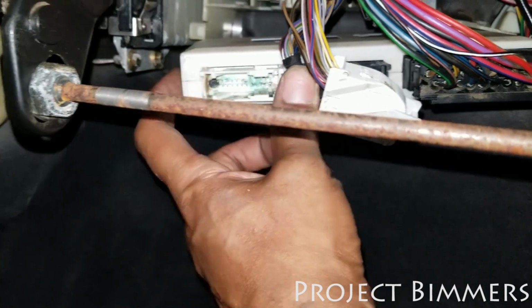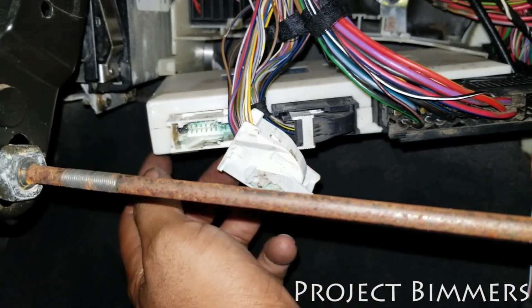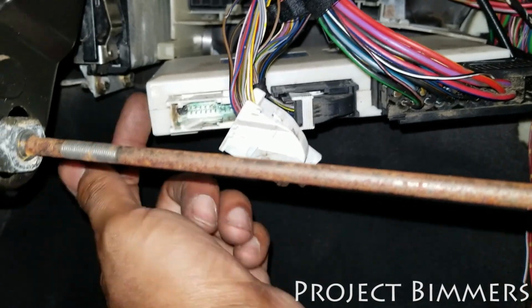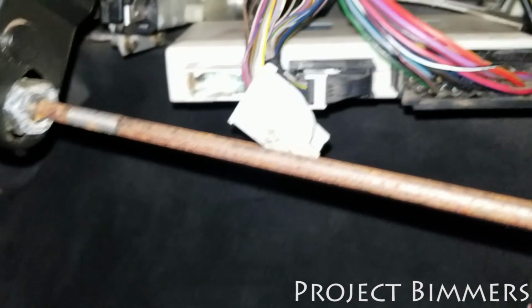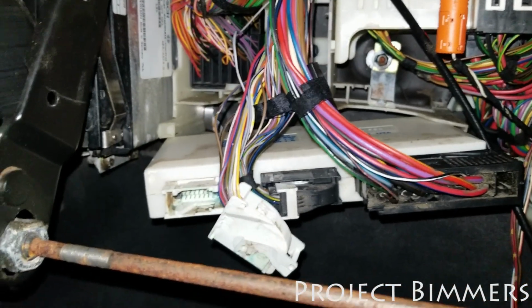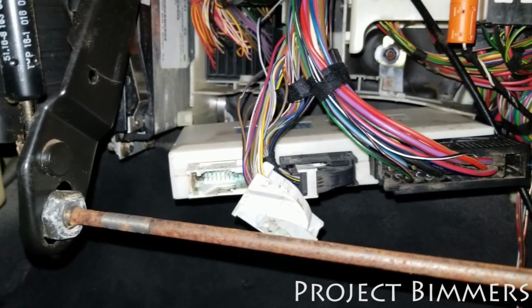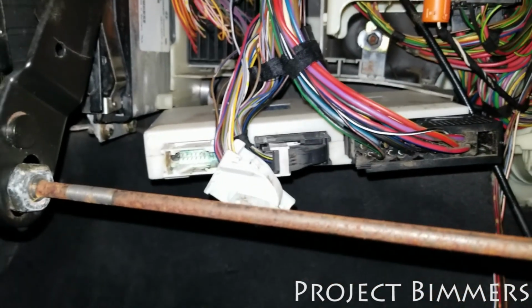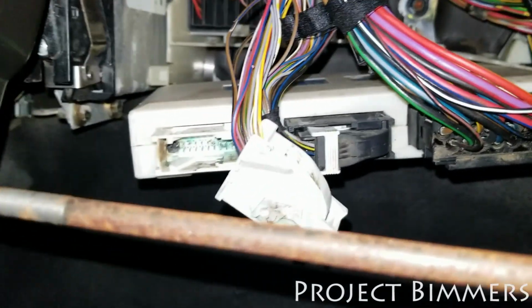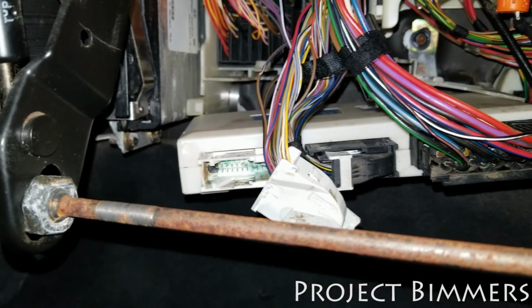I'm also going to have to get another one of these modules because the pin is burnt off completely. So I'm going to have to get a pigtail of this and this module. I don't have that today. I'm not going to buy that off the internet. I'm going to go to a junkyard. I'm going to find a 740 and take that out of there. It should work fine. Mine was working for 20 years until that happened. So I'll find one that has a good general control module, and then I can fix this problem. But